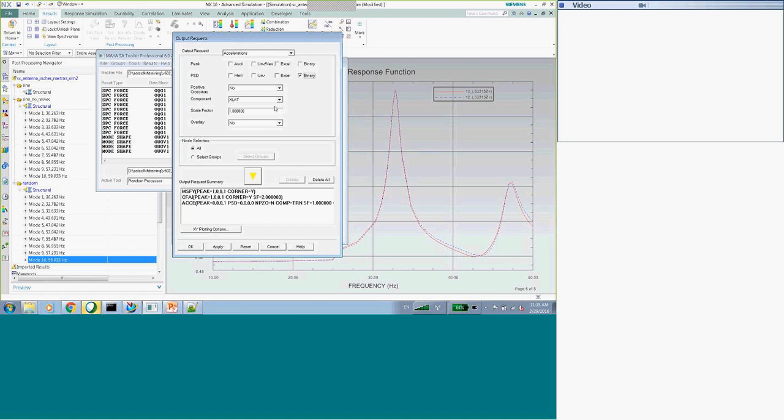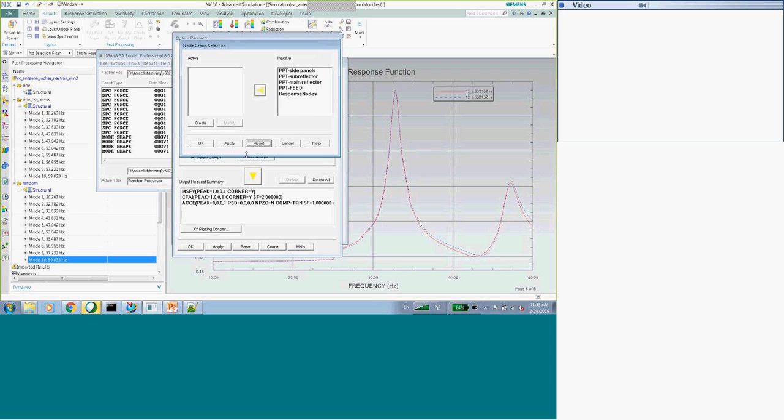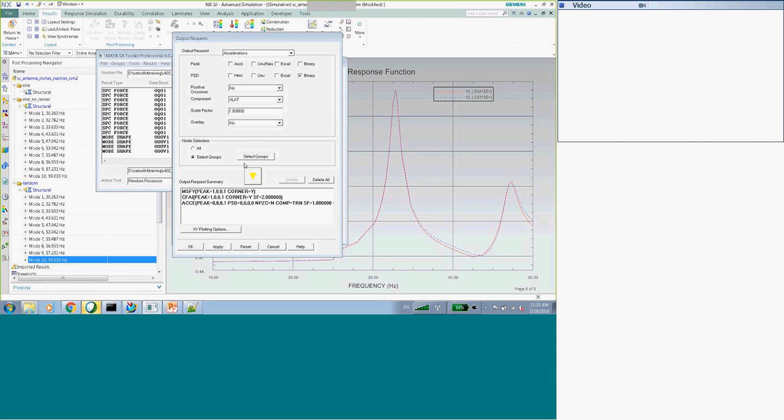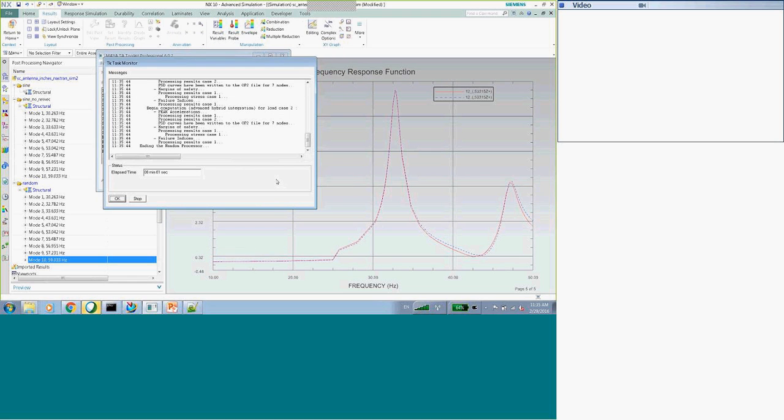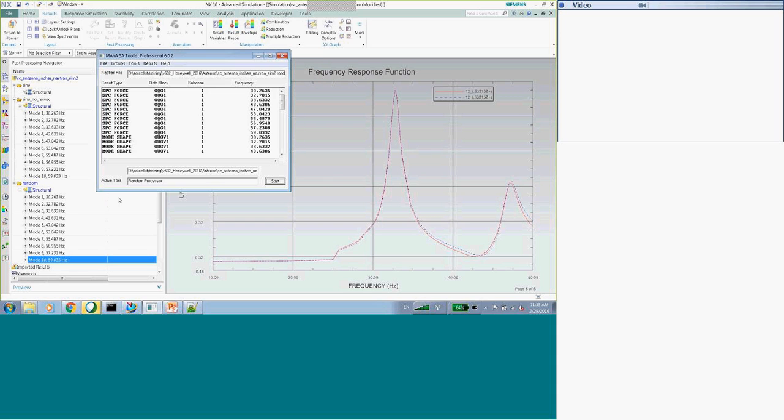And then here's some Excel for my response nodes. Nope. Yep, we're done.